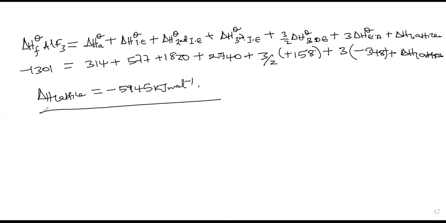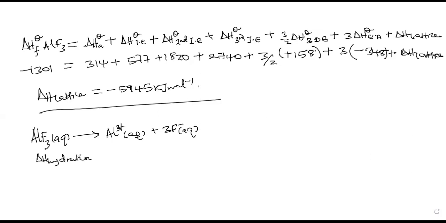Then the last part, they say that if the hydration energies of aluminum ions and fluoride ions are 4690 and 364 kilojoules per mole respectively, calculate the enthalpy of solution. Now, for that part, you need to first know how aluminum fluoride behaves, since they want the enthalpy of solution of aluminum fluoride. So we are going to have it in aqueous state, but when it dissociates, it will form aluminum ion and 3 fluoride ions. They give us the enthalpy of hydration of these ions. So enthalpy of hydration of aluminum fluoride is given by,